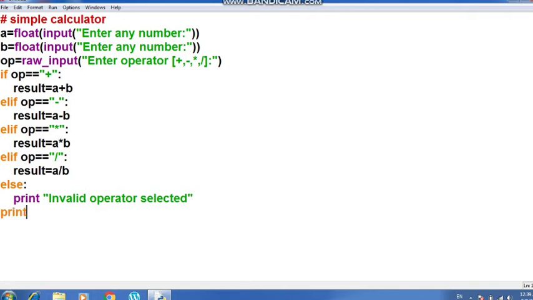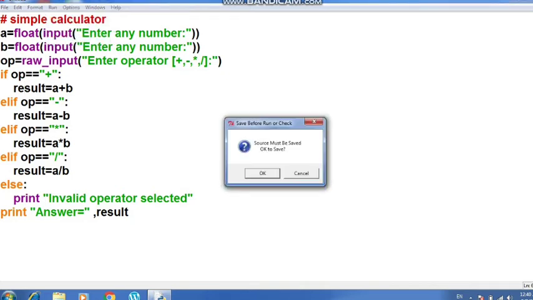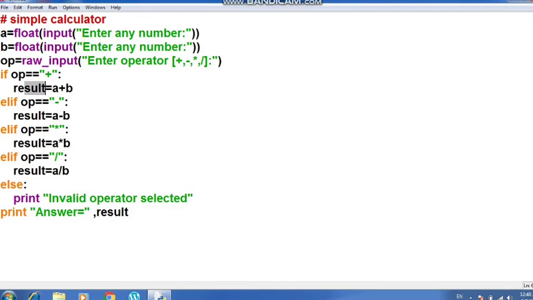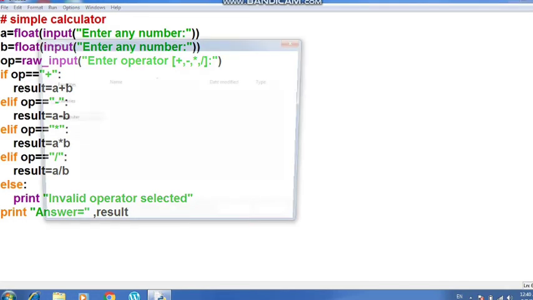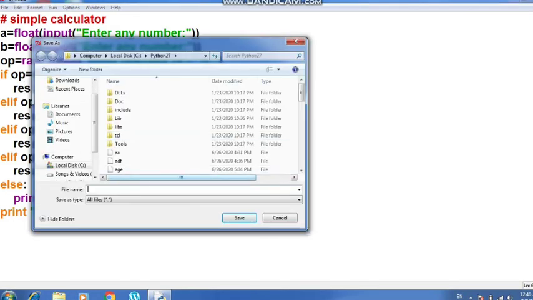Okay, so once it is done, I will go out of the if statement and I am going to print this result. So result is stored in, the answer is stored in result. So I have written here answer is equal to comma and then this result variable where the answer is going to be stored. So let's see how the program gets executed. We'll execute it once now and then I'll explain you that how it has given us the result. Okay, let's save the program here by the name calculator.